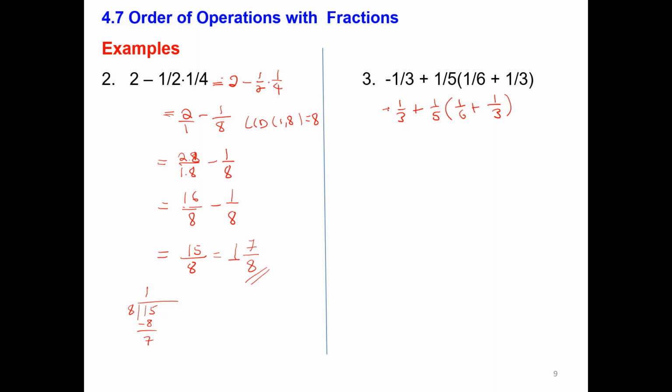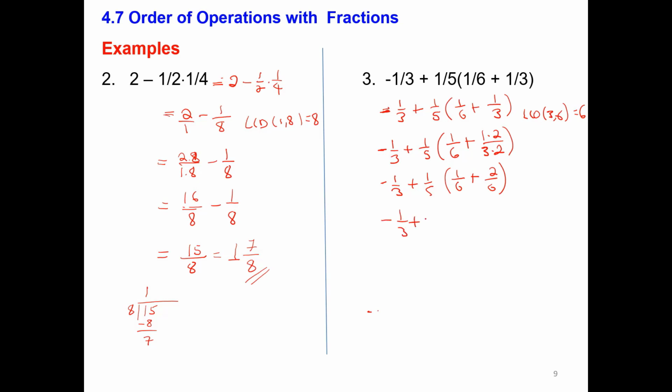The LCD of 3 and 6. Let me write here the LCD. The LCD of 3 and 6 is 6. Then let's write this one again. It's 1 over 3 plus 1 over 6. We already have 6 here, but in this case we need to multiply by 2 to get the same denominator. Then 1 times 2 is 2, 3 times 2 is 6, and if we add this together, we will have